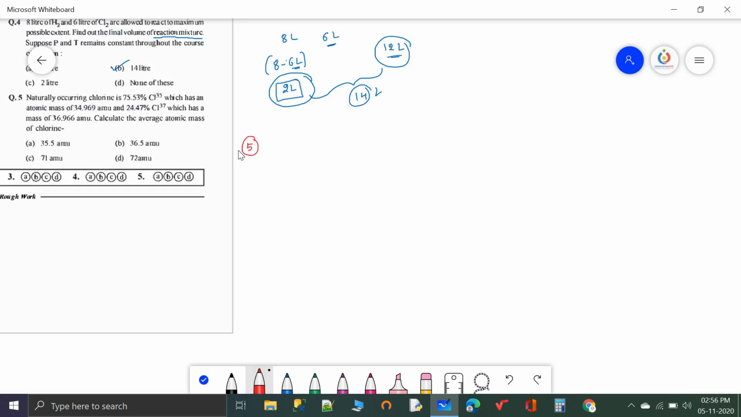Let us solve question number 5. If these questions are not visible, the question paper is available in the description box. You can download it, take the printout, and see the solutions in the video. You can pause the solutions video for some time and copy the solutions, and then proceed to the next question. So naturally occurring chlorine is